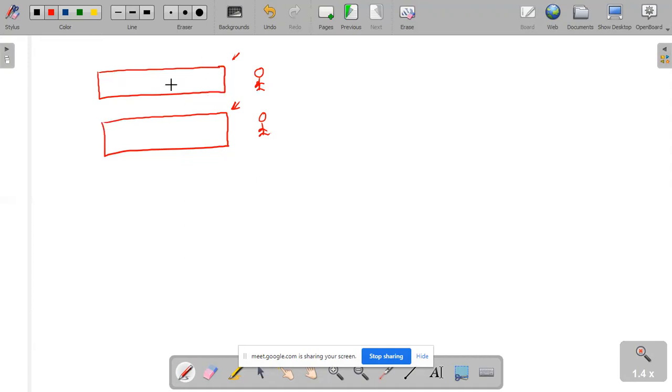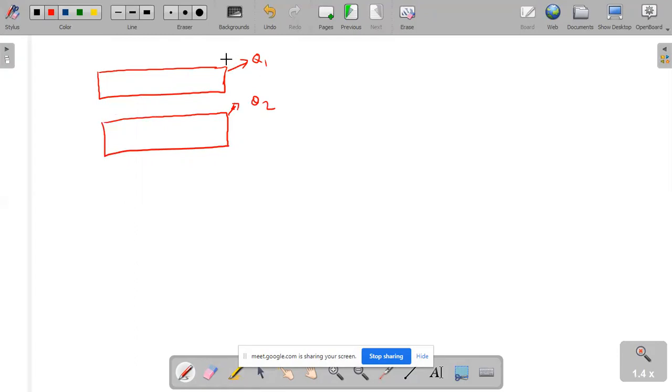I need to implement a stack using queues, so I'll call them Q1 and Q2, and I'll delete these two. This is the head.